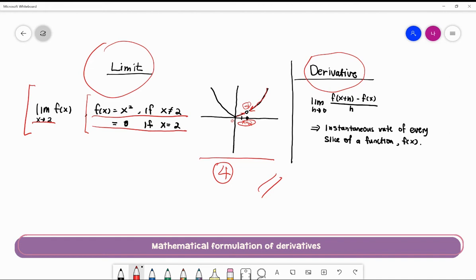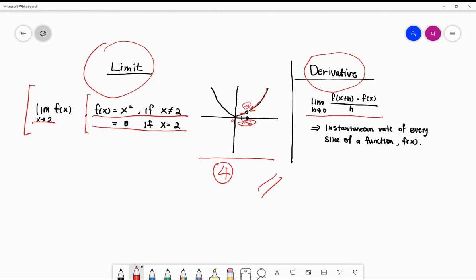Okay, given this conceptual understanding of the limit, now I'm going to talk about what it means to take the derivative of a function. Shown here is the mathematical formulation describing the derivative. Here we see a very familiar formula, and this is essentially a formula for slope. You can see that f of x plus h minus f of x, all divided by h,